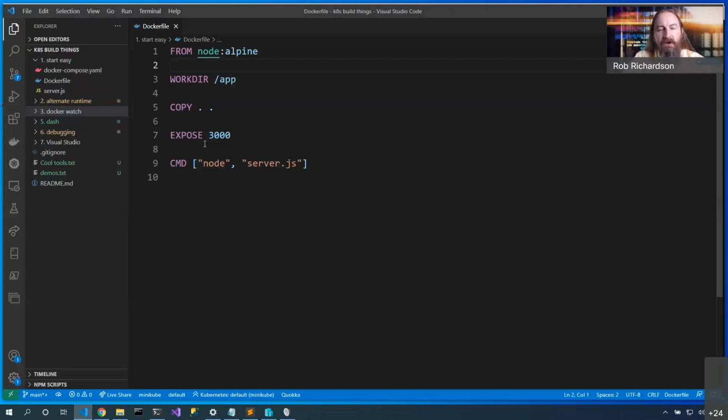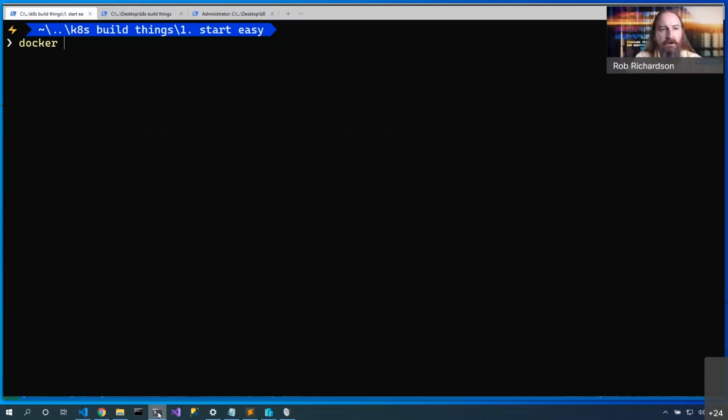I have this Docker file here, and it references my server, my node code right here, and I'm getting ready to build it. Okay, so now I need to say Docker build. I need a dot for some reason. Let's tag it. Oh wait, the T doesn't go there. It goes over here. Hello, node v0.1.